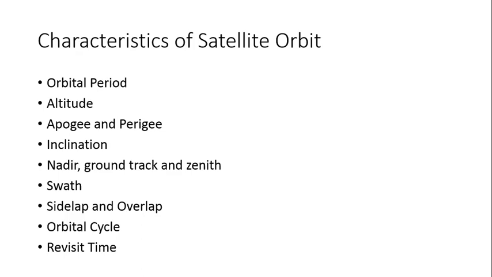Swath. The swath of the satellite is the width of the area on the surface of the Earth which is imaged by the sensor during a single pass. It's quite simple. How much area has been covered by the satellite is described by the swath on the ground track. The field of view of the sensor shows the swath of the satellite. The width of the area on the surface of the Earth describes the swath.